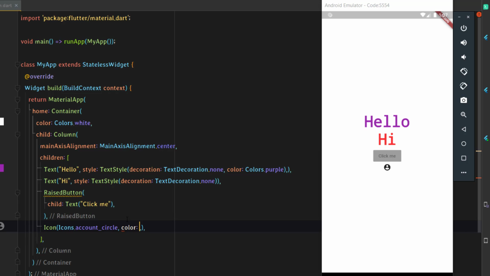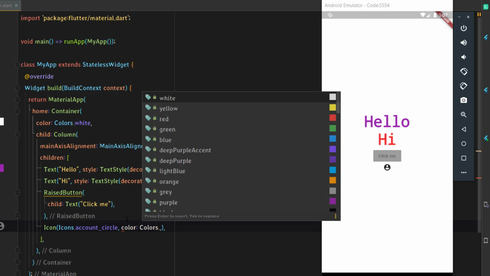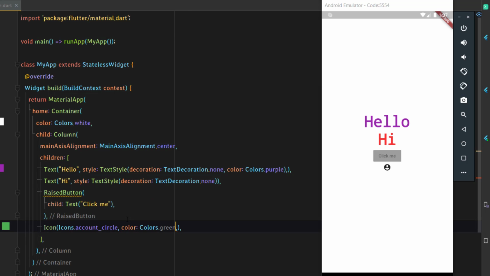Yeah, we can add a color like Colors dot, maybe a green color, and just save it. We have a green icon now.